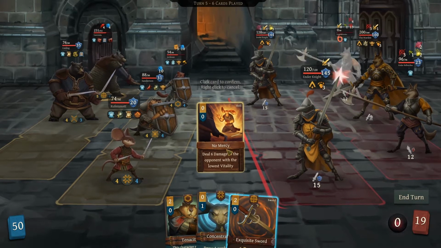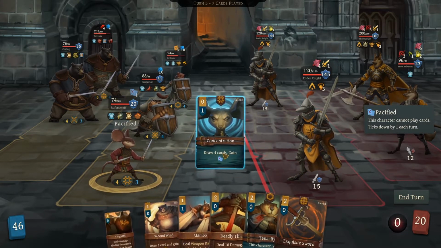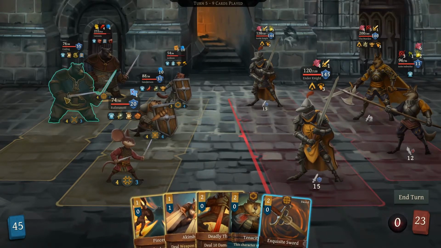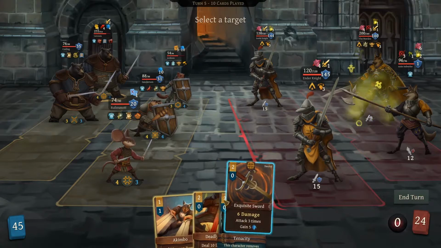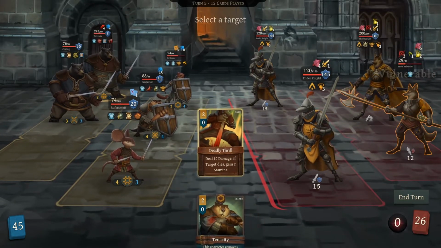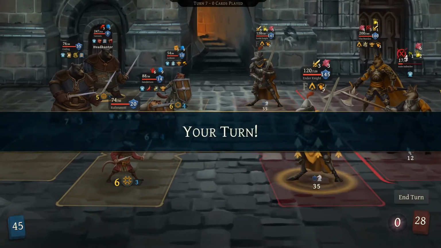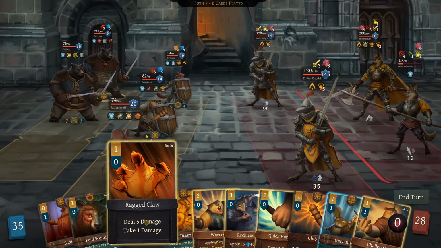Sure. More health. Wait. Turn. There. That guy's gonna die next turn, if I help him a little. And now I need to focus on the knights. Either knights or the warden. Probably the knights. I don't have anyone with too much armor, so...